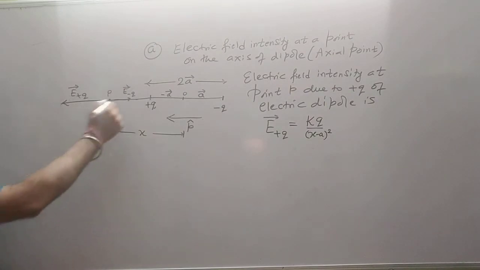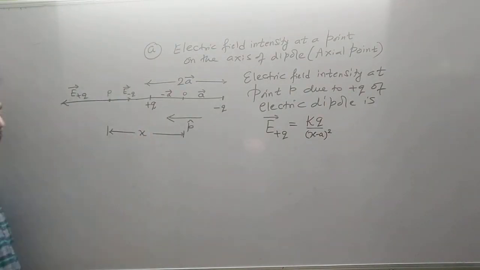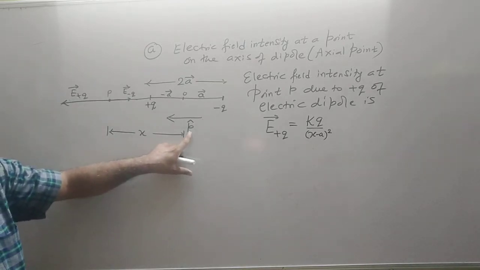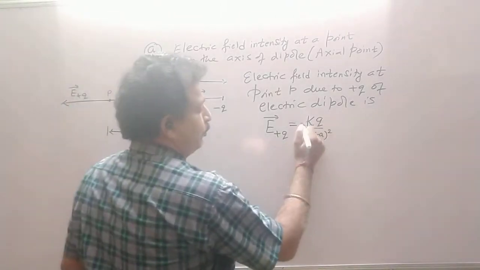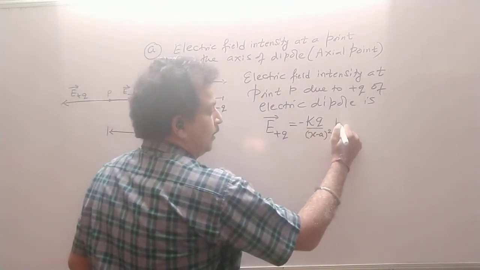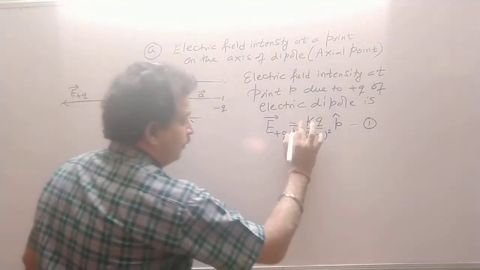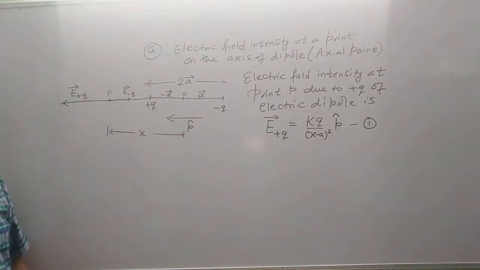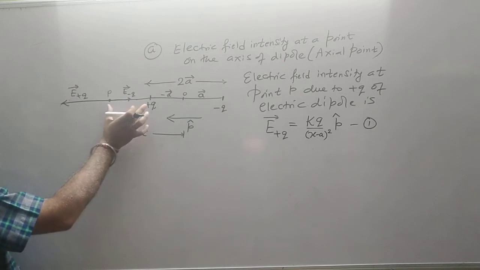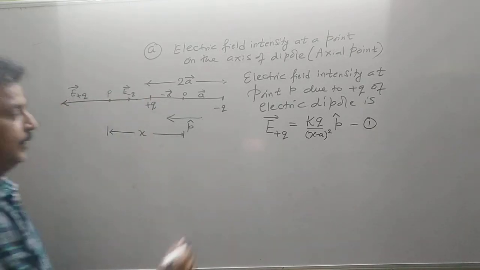And you see the direction. The direction is in the direction of a dipole moment. So we have denoted P cap vector along the negative x-axis. So I put plus P cap because it is in the direction of a dipole moment. So the distance is x minus A and the direction is along a dipole moment.